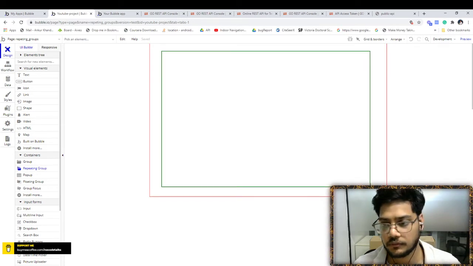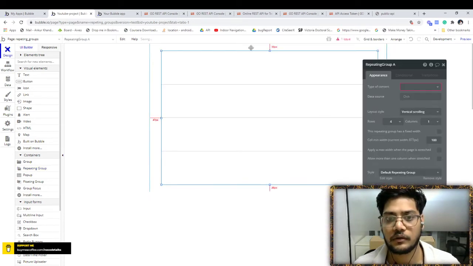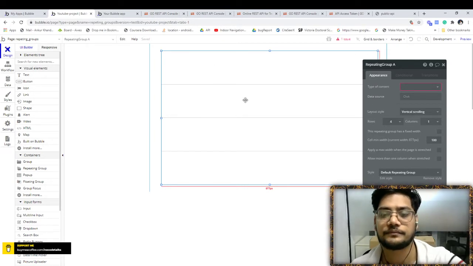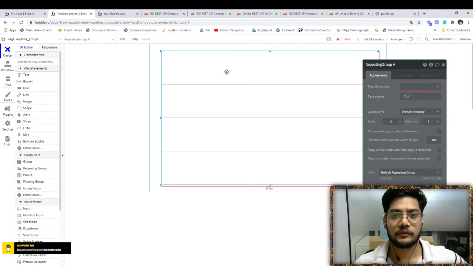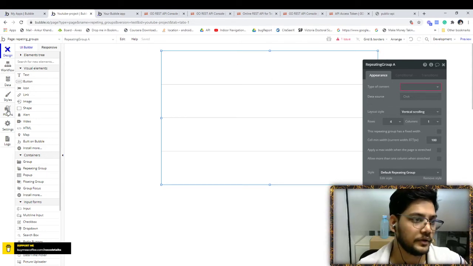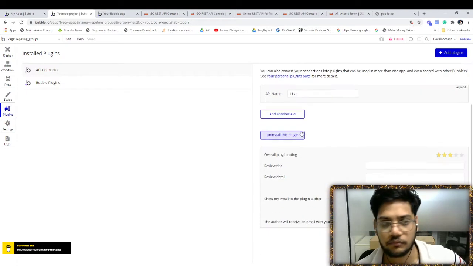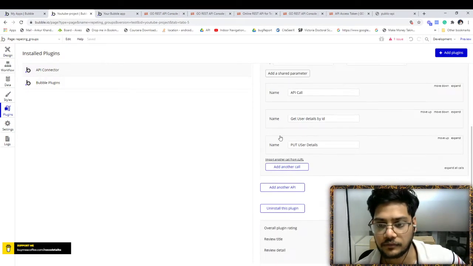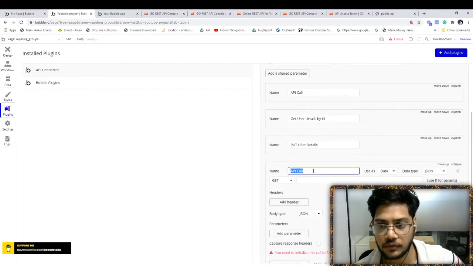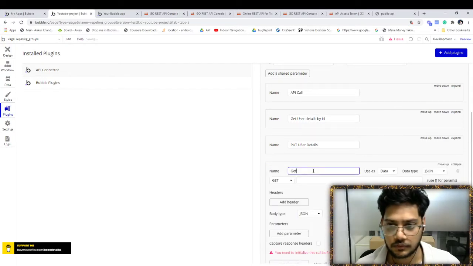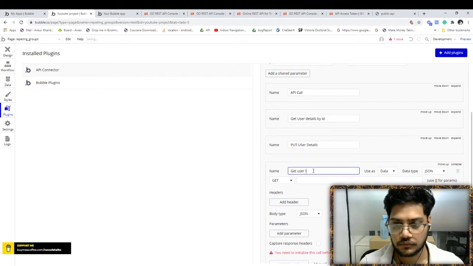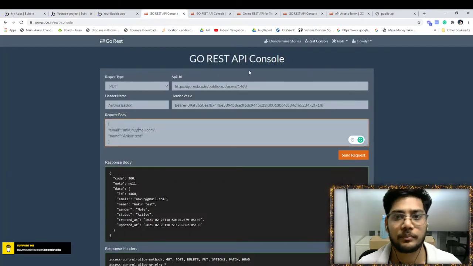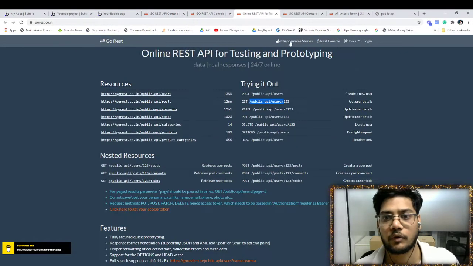This is automatically converted to 1 2 3 4. This will automatically convert the key into 4. First we need to implement the API, because we are using an API to get the data. We will click on name and give it get user list. There's already a predefined API.